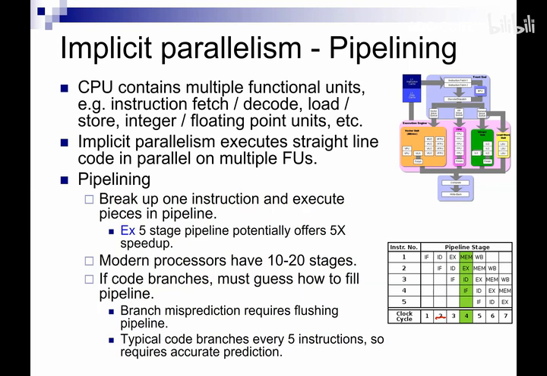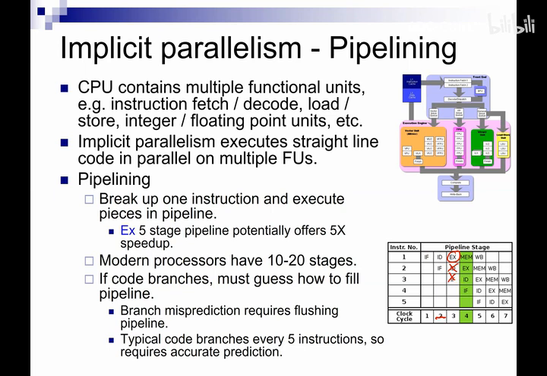Now, there is a complication with pipelining, which is that if your code branches, then you need to guess how to fill the pipeline. And if you make a mistake in this guess, what's called a branch misprediction, then you actually have to flush your entire pipeline. For example, if we have a branch misprediction at this time step, then we have to flush all of these instructions from the